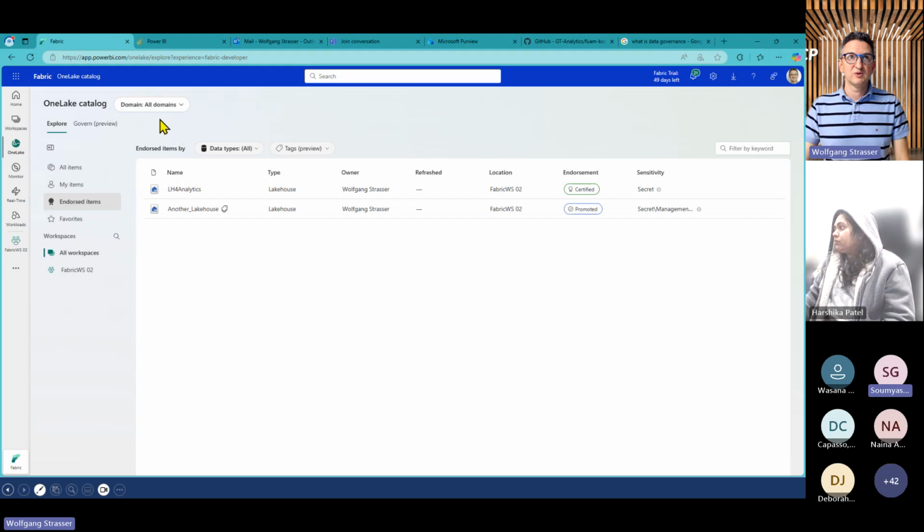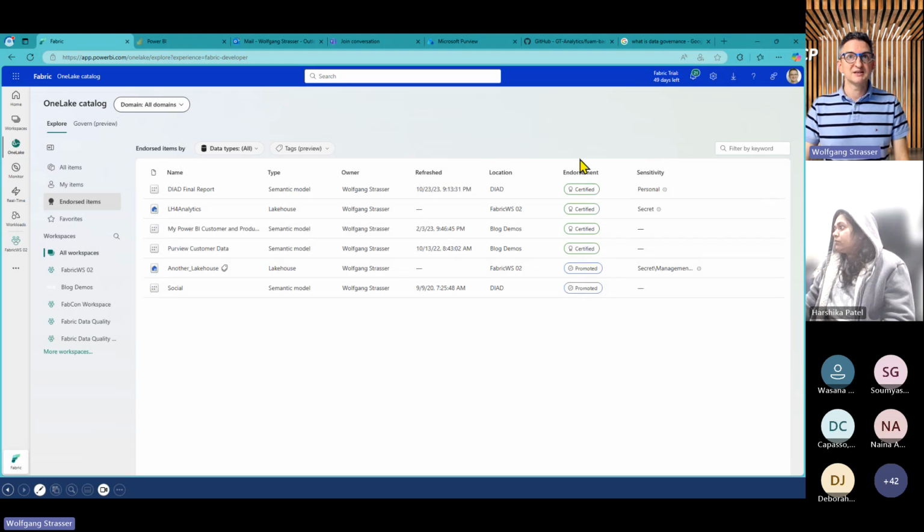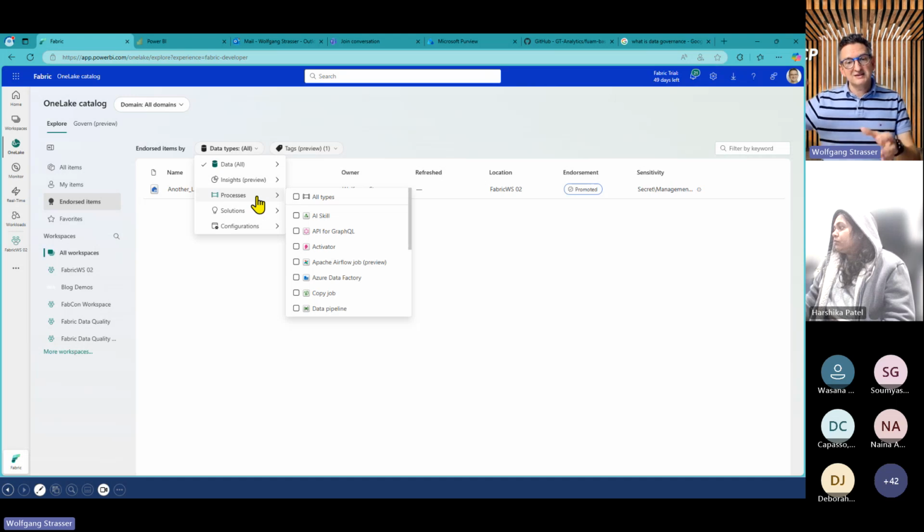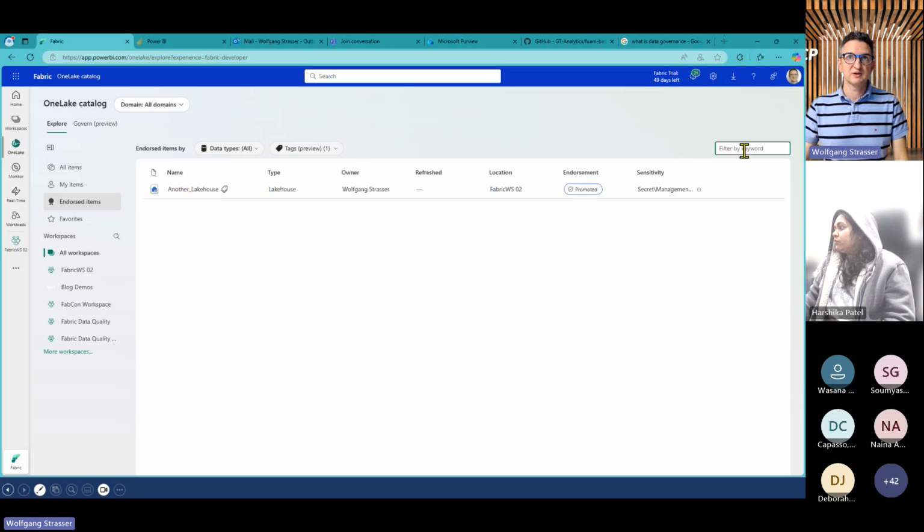If I remove the domain filter, I see there are more certified and more promoted items. I can also filter down to items that have the webinar data assigned, and to different item types. So it's really a place where you can start your data journey. You can use the filter or the keyword box to search for data.